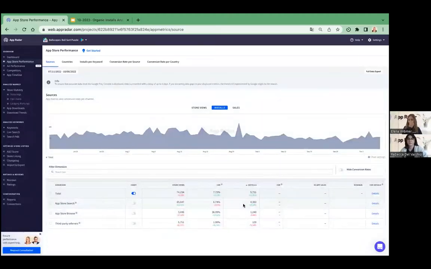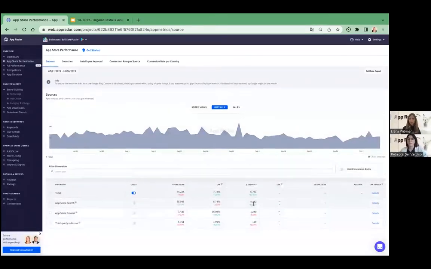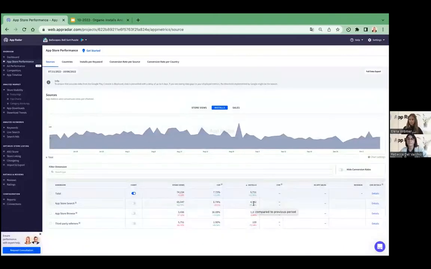But on the other hand, it could also be, why did I have that increase? Or like I see here in App Store browse or third-party referrer, why did I have now a decrease? And that can easily be that it is due to ads. Important for Google Ads, if we talk about Google Ads in that case, is that if you have running Google app campaigns, I would check that here in my ad performance page again,